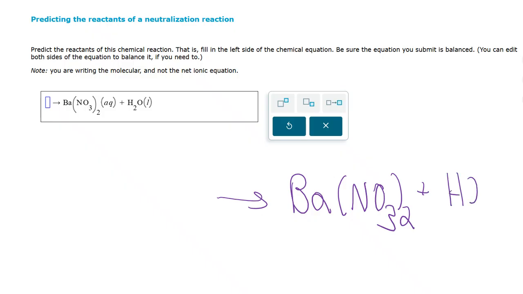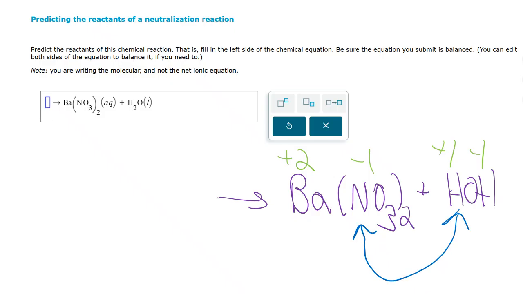Where I think it's almost needed to write the charges of each above. Barium is in group 2. Nitrate is always -1. Hydrogen is always a +1. Hydroxide is -1. So for the products, maybe the easier one, the acid, because H is a +1, NO3 is a -1, so inners with inners, outers with outers, and we got H, NO3,